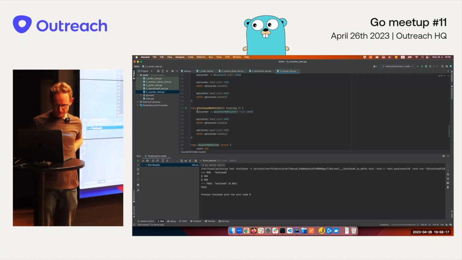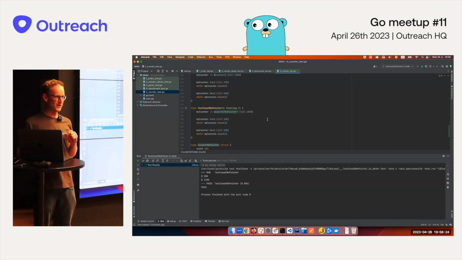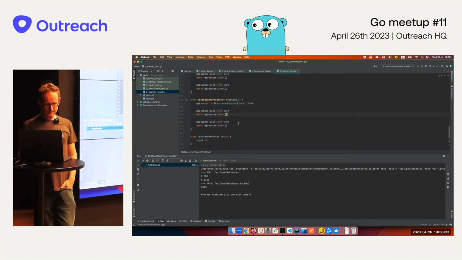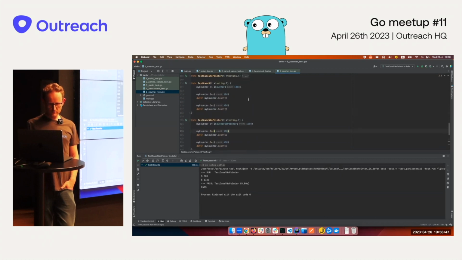Hold on, let's try it out. 500 and 1,100. Okay, this time I've heard not that many answers, so you either got bored or you don't know. This is because we do not have a pointer to the object here. Therefore, we are creating a new instance of the object there all the time.